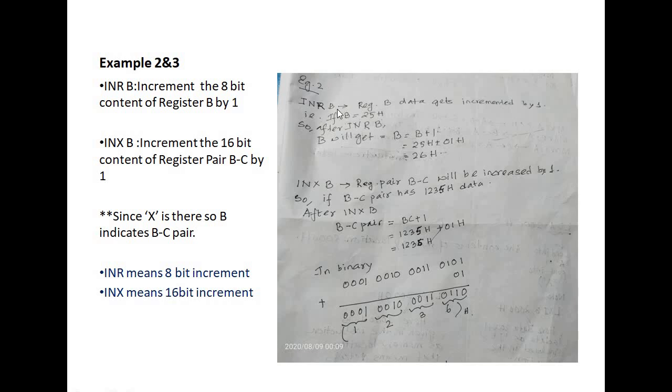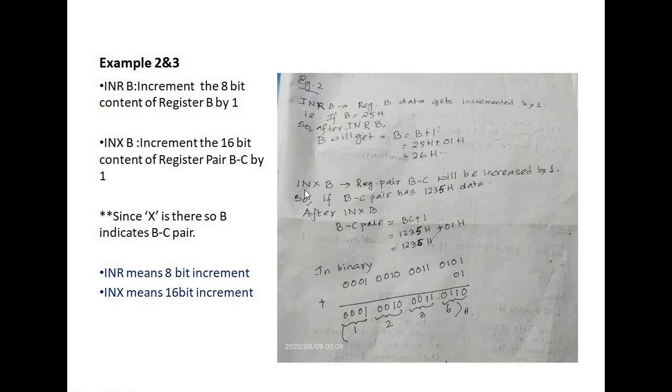The data is in the register given in the instruction. In that particular register your data is stored. Okay, so that is an example of register addressing mode. So you are giving the data in the register, not in the instruction, right? So this is an example of register addressing mode.